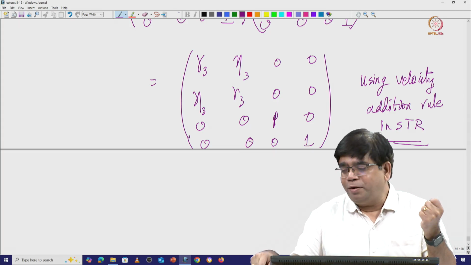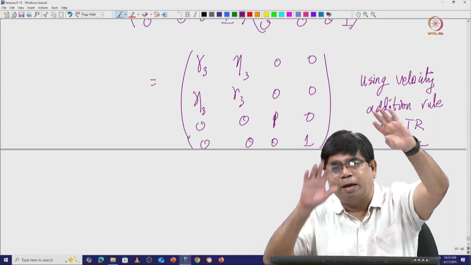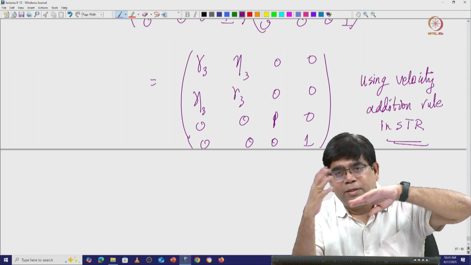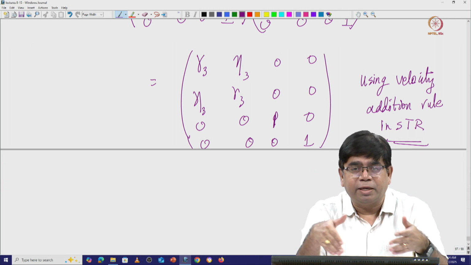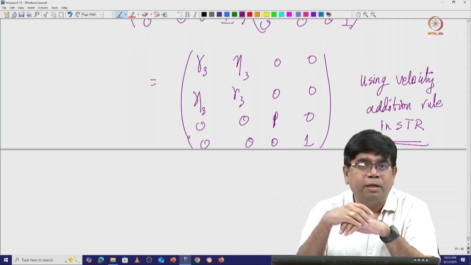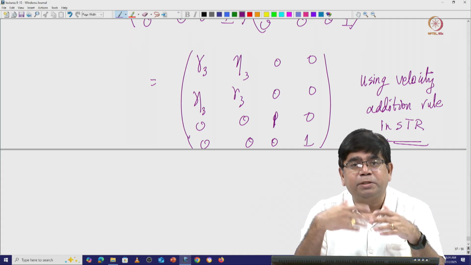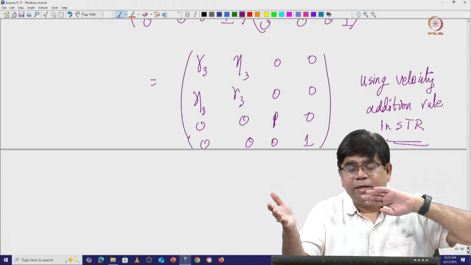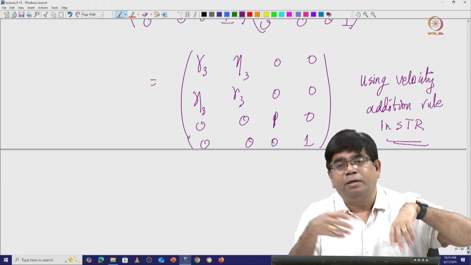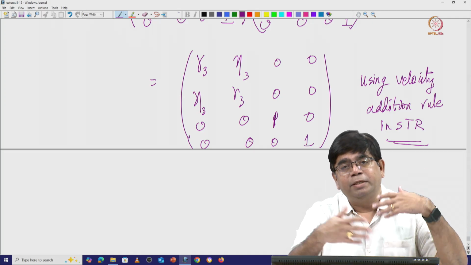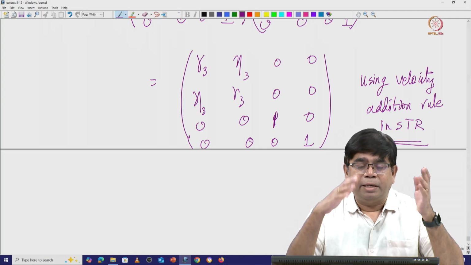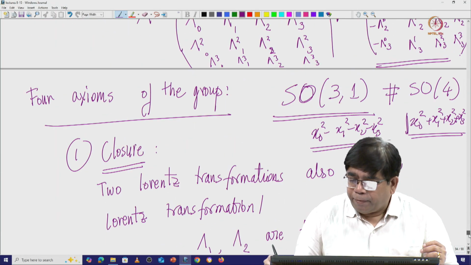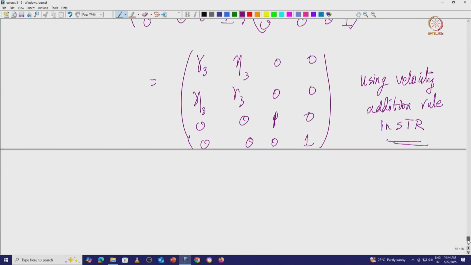Now you can ask, why do I have a boost in the x direction, what happens to a boost in the y direction? Do they also become a third Lorentz transformation? Yes, it is true, but we have taken simply both in the x direction. So you can do the same exercise and explicitly show that one boost in the x direction and one boost in the y direction gives me another Lorentz transformation which has some combination of x and y, and x and z and so on.